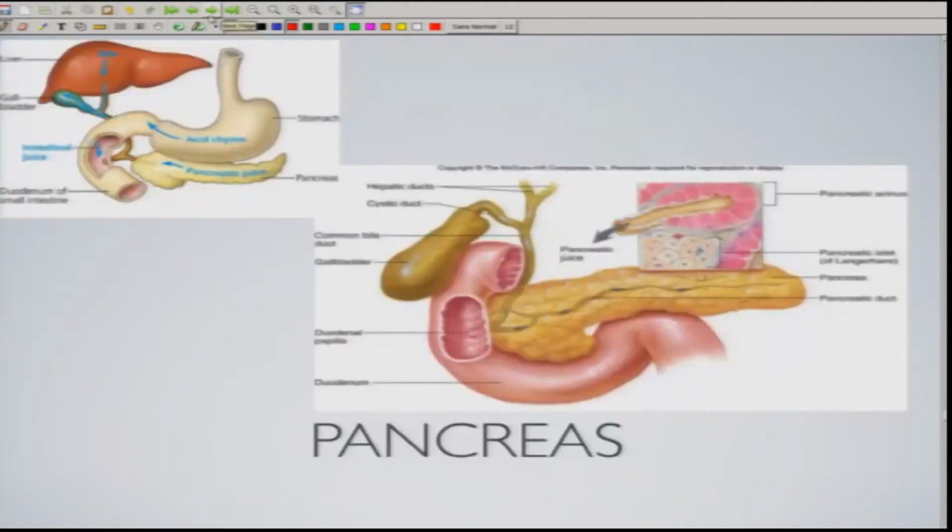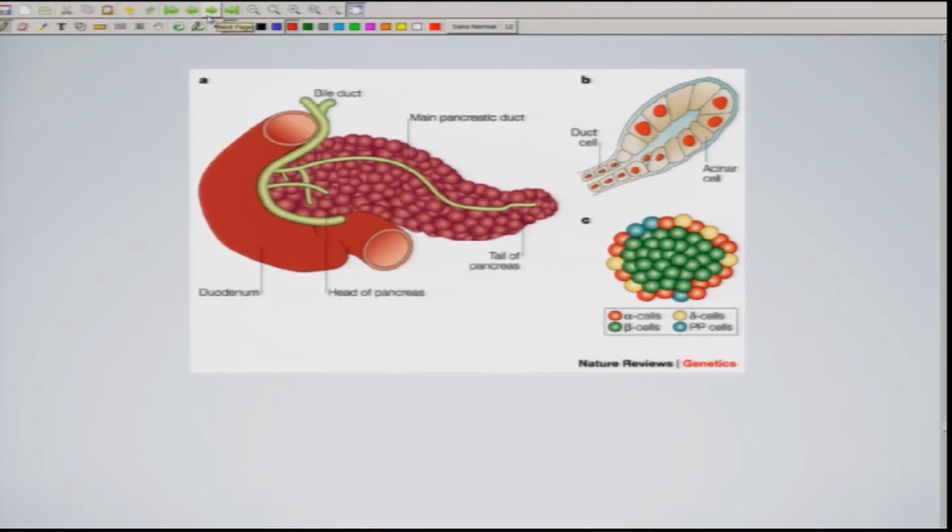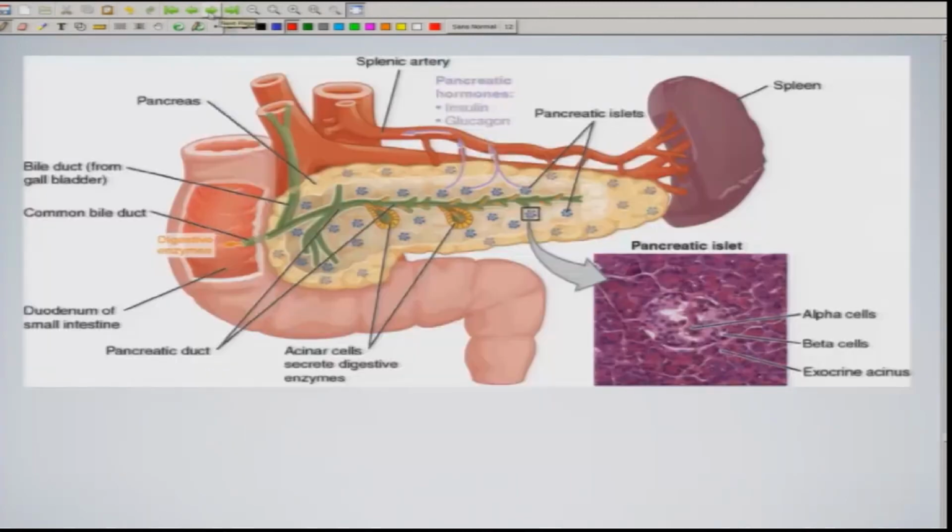Okay. Now coming back to the structure, the other structure which was involved in this game was the pancreas, which has a lot of hormonal functions involved with it. So if you look at the pancreas, it consists of alpha cells, beta cells, delta cells, PP cells. Okay, and they have their specific functions. So this is how the pancreatic ducts look like. So here you are having the